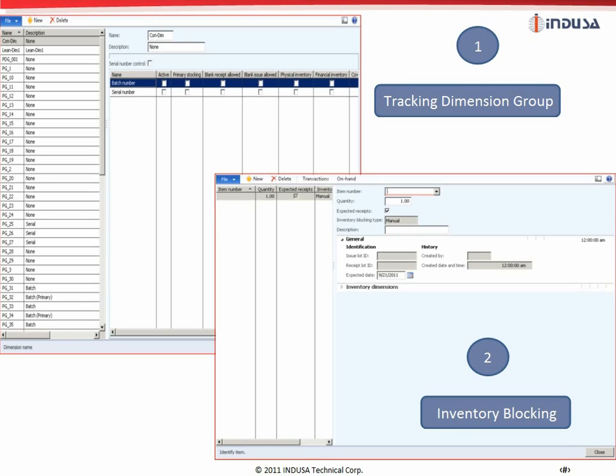The dimensions for tracking include the batch numbers and/or serial numbers of different stages, like physical inventory, primary stocking, financial inventory, etc. The inventory blocking feature allows authorized users to block an inventory item and its attributes during certain stages of production, or always. This feature is used for keeping a reserve of the products so that no transactions